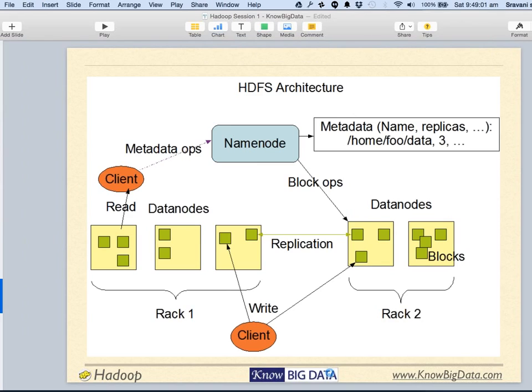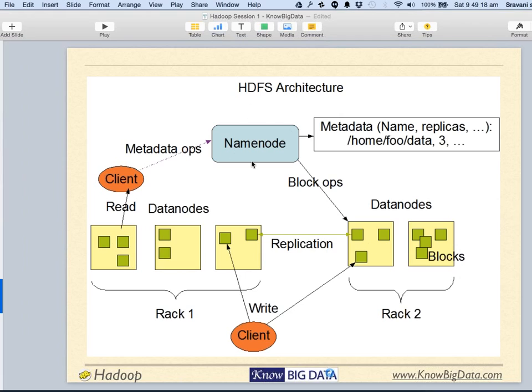Again, this is how it looks. It looks like a little ugly diagram. You might imagine that in a data center you have rack 1 and rack 2, two racks containing these data nodes, and these data nodes contain blocks of data.